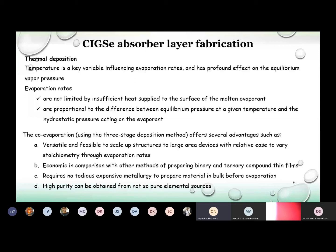Under this thermal deposition method, we will be adopting the co-evaporation method, specifically the 3-stage deposition method, which has several advantages, including versatility and the feasibility to scale it up for large area device production. It is economic in comparison with other methods such as MBE, relatively less expensive, and high purity materials can be obtained even from pure elemental sources due to the different evaporation